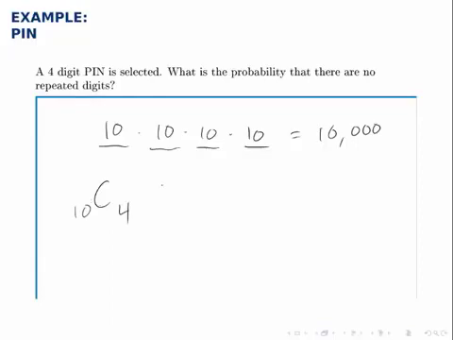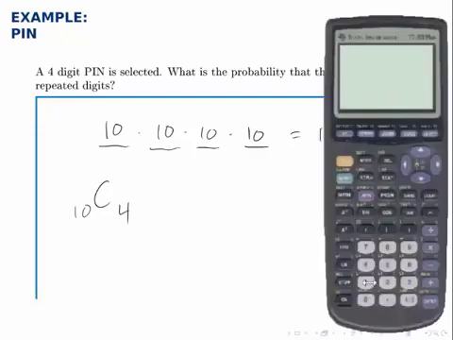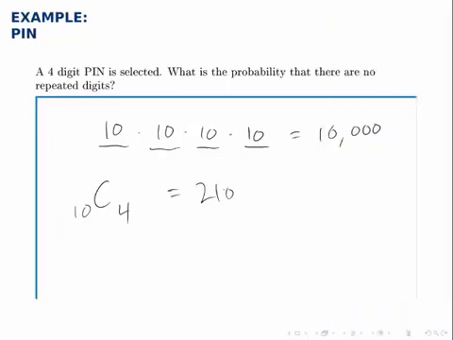But once we see that, calculating is pretty straightforward. We'll use the calculator again and the built-in combination function. So 10 nCr 4. There are 210 possibilities for how you could build a PIN without repeating digits. So the probability that that happens randomly